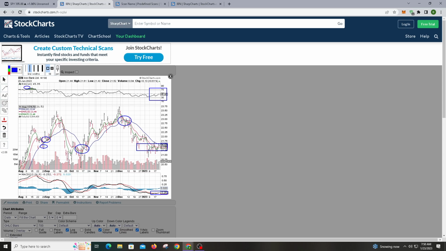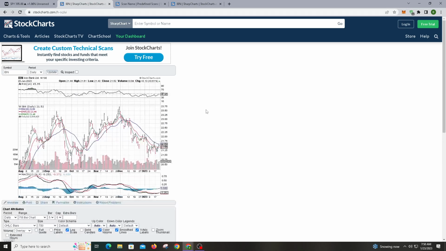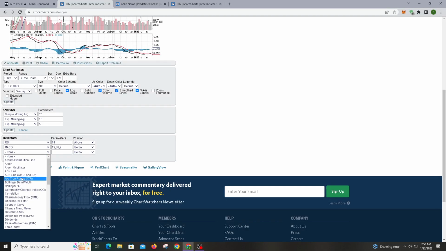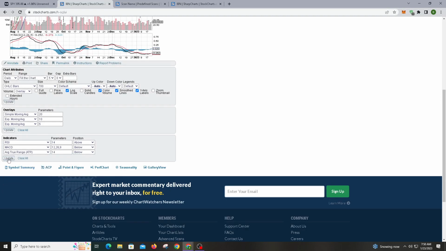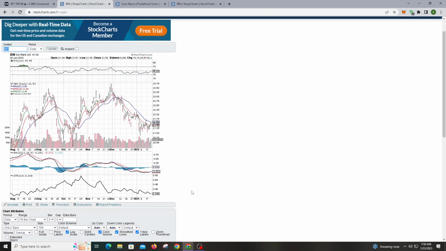Our exits are hot RSI, a box that forms at the top to create the stage 3, or when we come back down over that 20-day. And the stop losses you obviously would set below where the previous low was. It's also important to note that I don't have it on here, but if we put the ATR, the average true range, that shows us the amount of, I guess it would be dollars or cents, that a stock moves a day. So if this stock moves 34 cents a day,